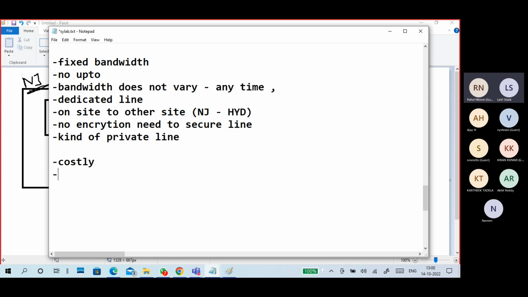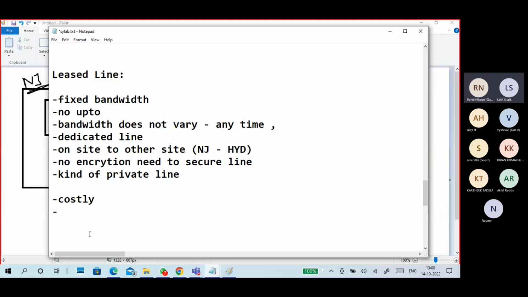Leasing is like taking a land on lease for 1 year or 2 years; the entire land is in your hand for a particular period. Renting means you rent a house, every month you pay, and if you don't pay, it is disconnected. That is the difference. So broadband is like a rented house, and a leased line is like a leased office.